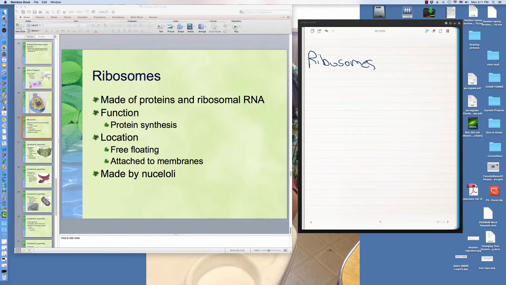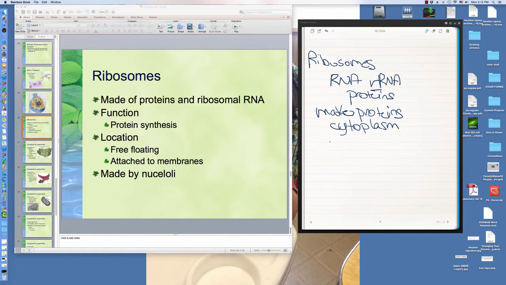So ribosomes are made up specifically of a type of ribonucleic acid called R ribonucleic acid, R standing for ribosome, so ribosomal RNA, and proteins. We'll talk more about RNA and DNA in the next section. So for now, just know that they're made of RNA and proteins. And the main function of ribosomes is to actually make proteins. The ribosomes themselves are located within the cytoplasm,